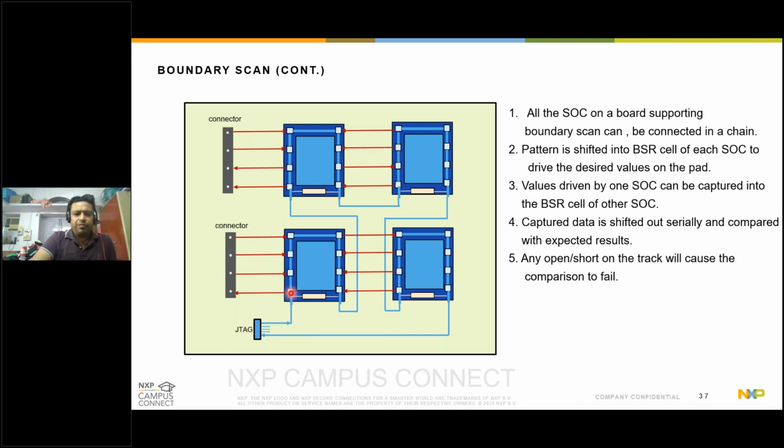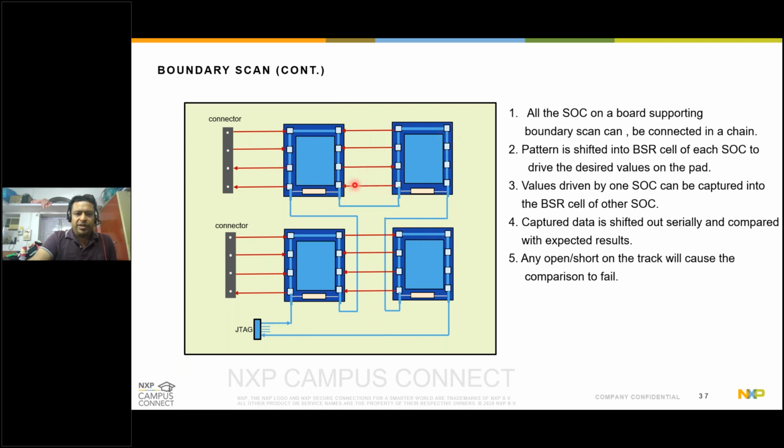The first step would be to connect all your SOCs in a serial fashion through your BSR cells. Here is a JTAG controller through which you will feed in the patterns. And since all your SOCs are now connected serially, you can pump in the desired pattern through all your SOCs,